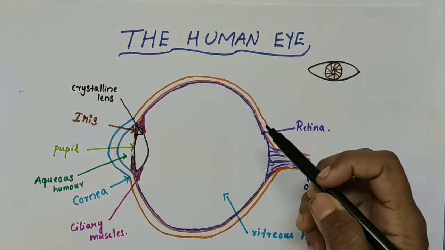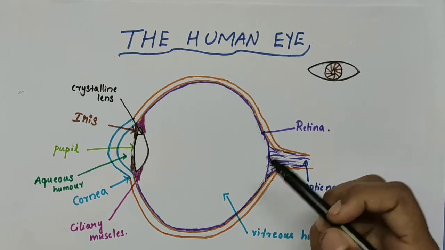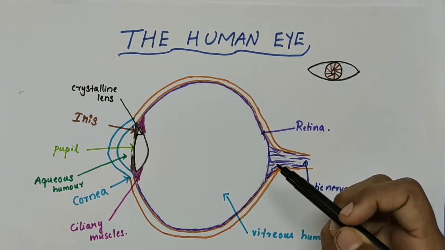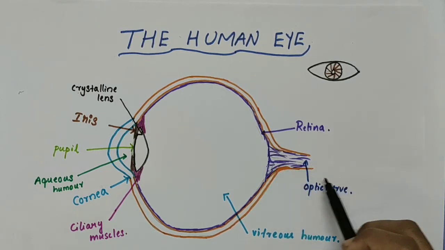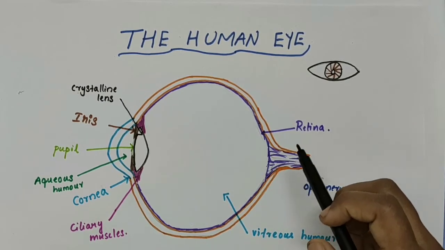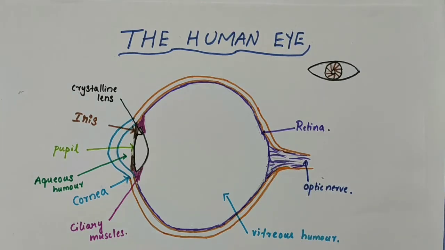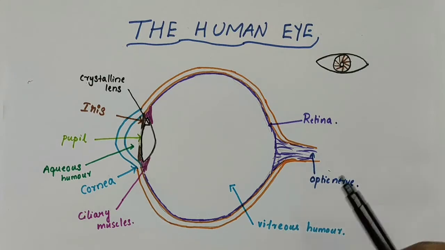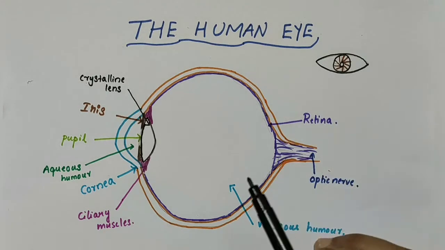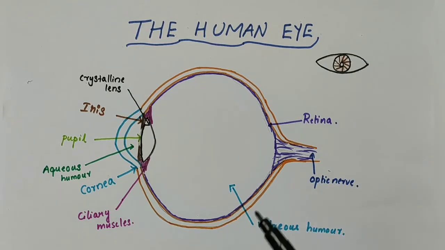When light coming from an object falls on the retina, the light sensitive cells get activated and generate electrical signals. There are optic nerves marked here, and these optic nerves take these electrical signals to the brain. Then the brain interprets these signals, processes the information and reinverts the image formed, and we see the object erect.